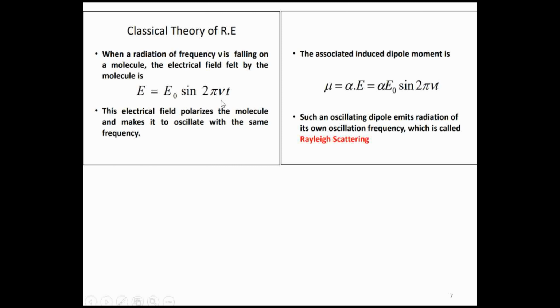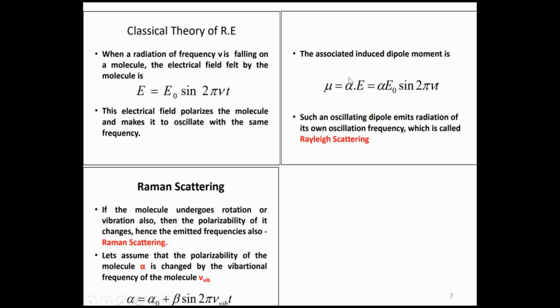If we see the same theory we discussed in molecular vibration 1, the incident electric field is E equal to E naught sin omega t, because the EM wave is oscillating. The dipole moment existing in the ball and spring model of the atom will be mu equal to alpha E. Alpha is the polarizability constant, or basically a polarizability tensor. Depending upon E, if there is a change in alpha, then the molecule will show Raman scattering.